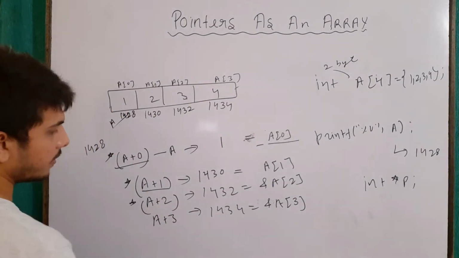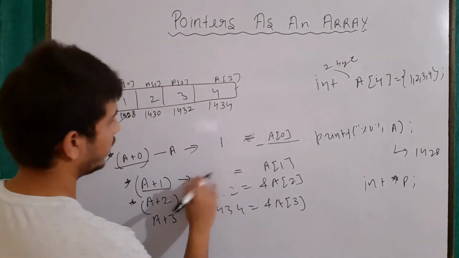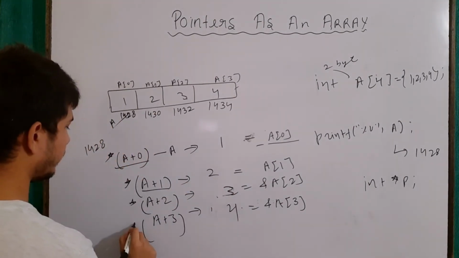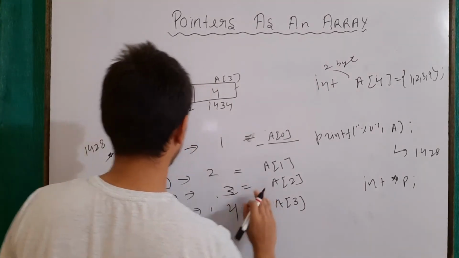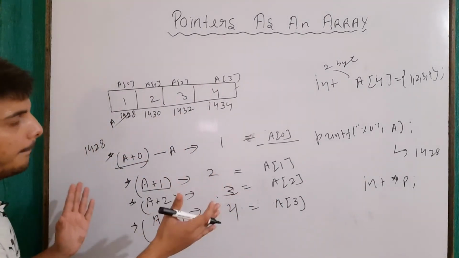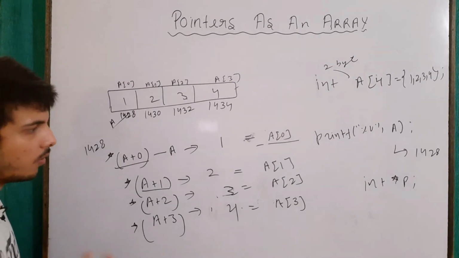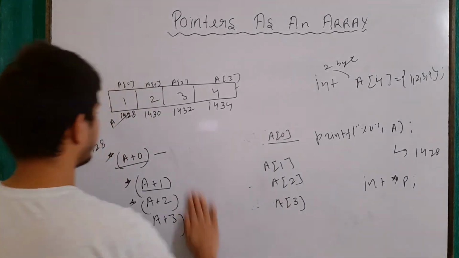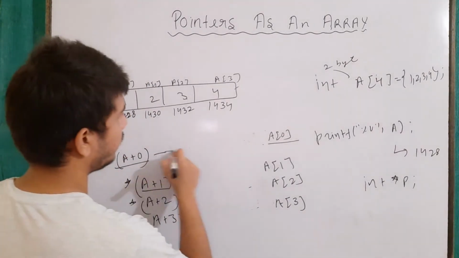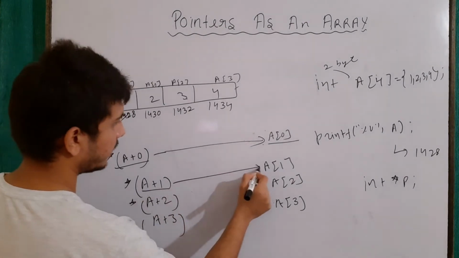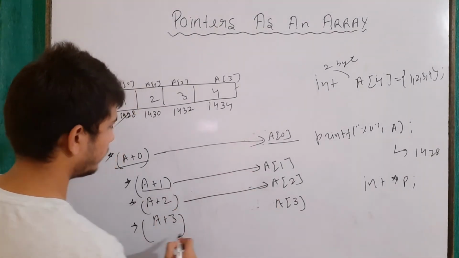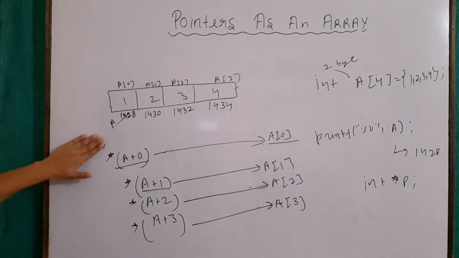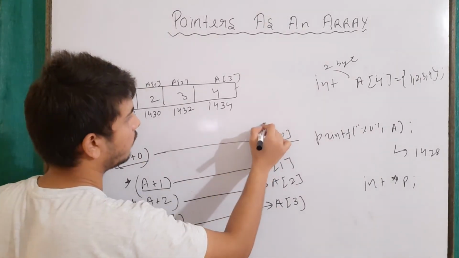Here it is asterisk, then it will here give me 2, here it will give me 3, and here it will give me 4 after this operation. Okay, so there is clearly a pattern which we can see here. Or I can simply say that asterisk of a plus 0 is equivalent to a0, asterisk of a plus 1 is equivalent to a1, asterisk of a plus 2 is equivalent to this and this. For address I will remove dereferencing from here and append the address-of operator in here.